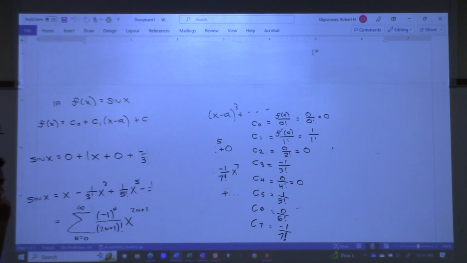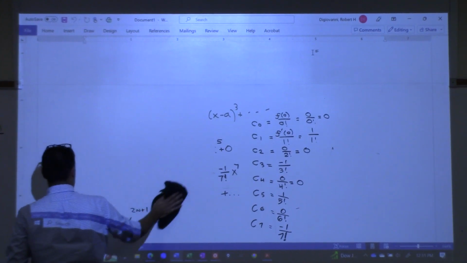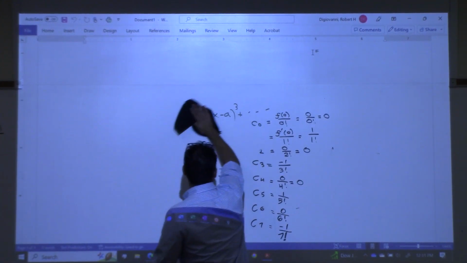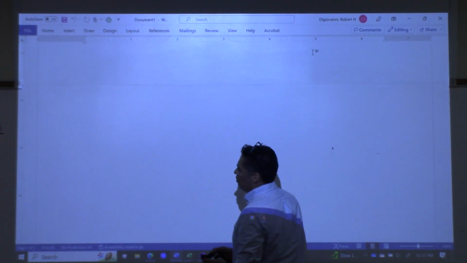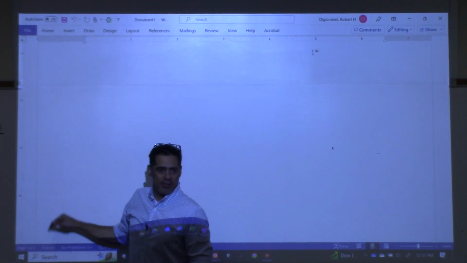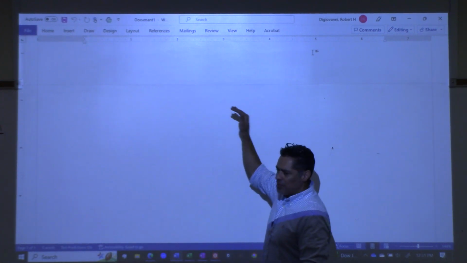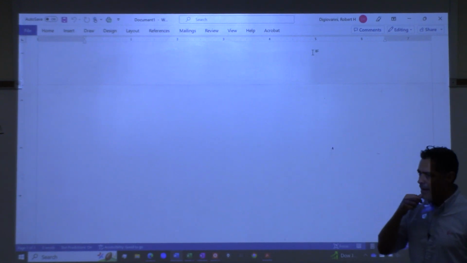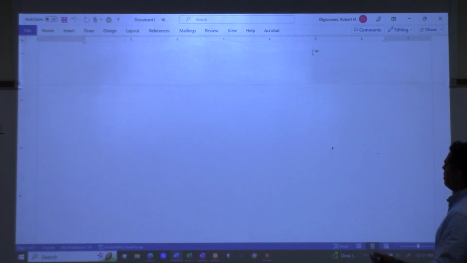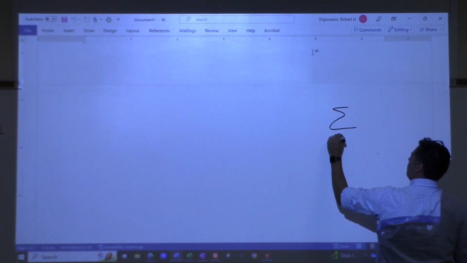Let's try see if we can squeeze one more in here. On that problem, what we did was we took the successive derivatives, right? We plugged in 0, and we found actually what c sub 0 was, c sub 1, c sub 2, c sub 3, right? But generically speaking, what we have is the power series now,